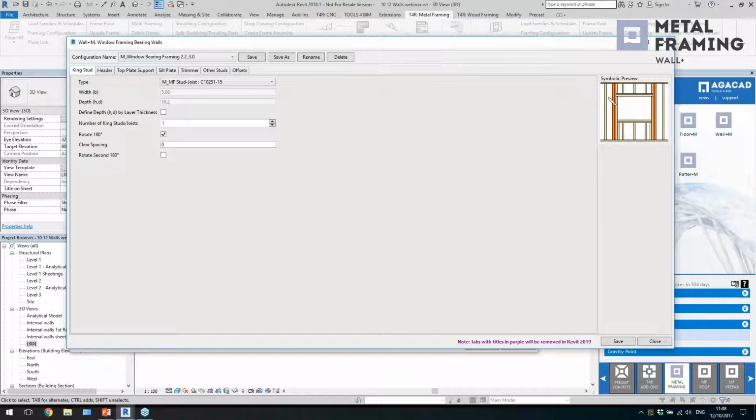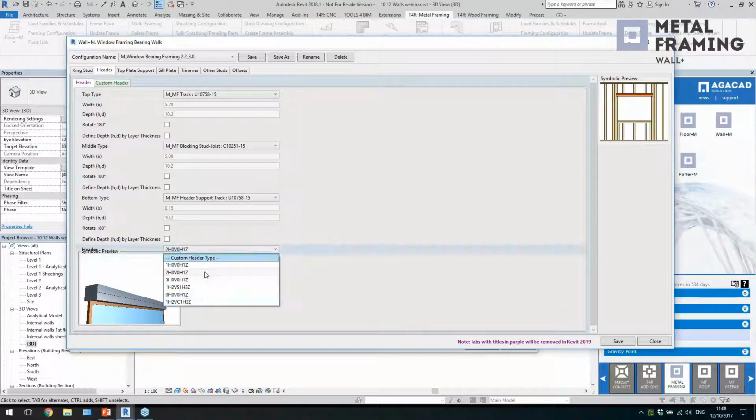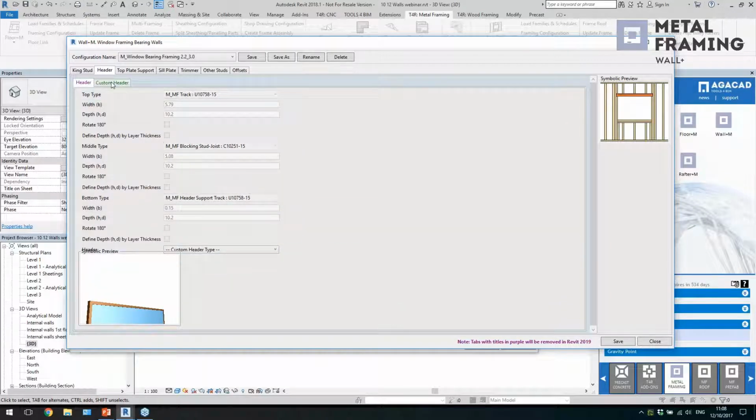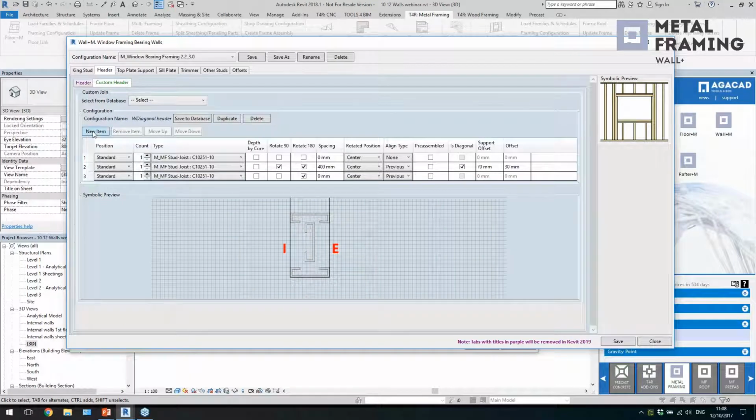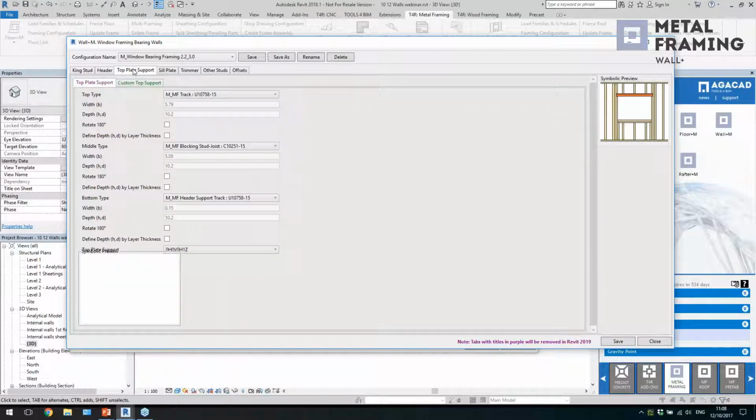So you see a king stud, let's say, how many of these do I want to have? What should be the profile used? What should be used for the header? So you can choose from the predefined types of header. You select the type, you select the sections, or you can select the custom header, then go to this tab, and then define your own header, and it will be used above the window. So the same goes for the top plate support: from predefined ones, or just a custom support